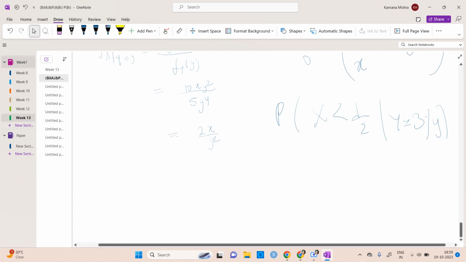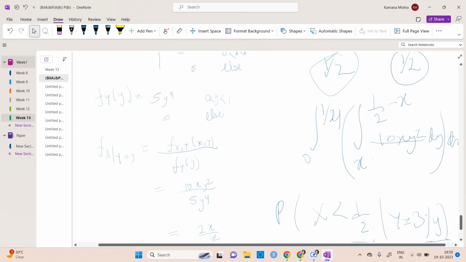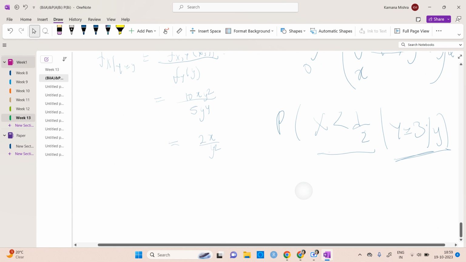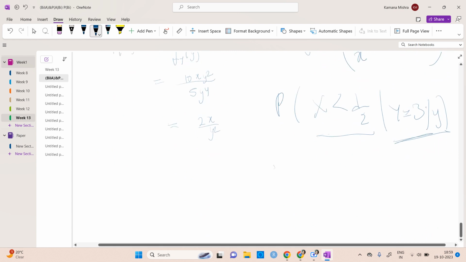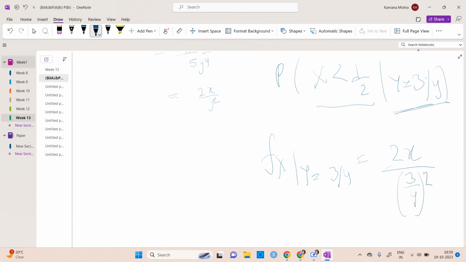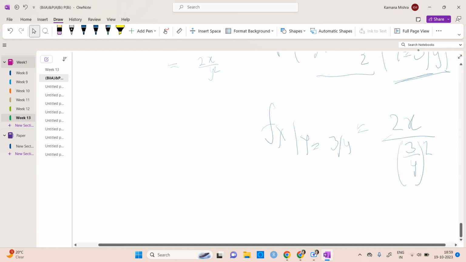So this is nothing but f of x given y is equal to y, right? So that we have to find. That is what? 2x by y square, right? So f of x given y is equal to 3 by 4 is nothing but 2x by y square, and then y given here is 3 by 4. So 3 by 4 is squared, and then it would be